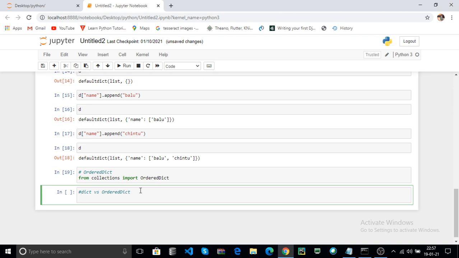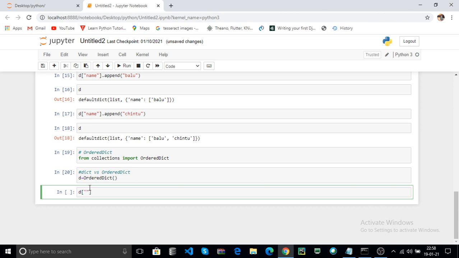You can create an OrderedDict. For example, store it in D. Click on run.